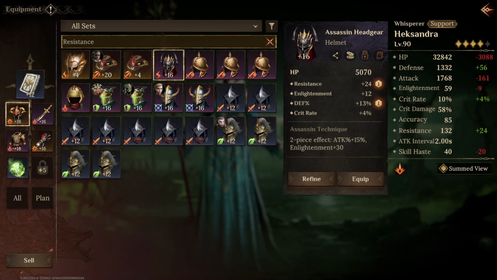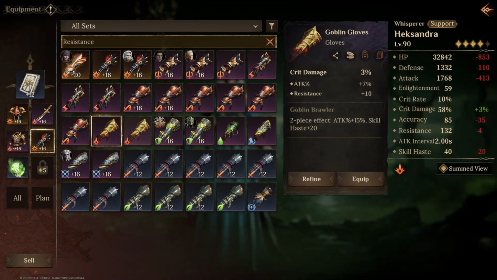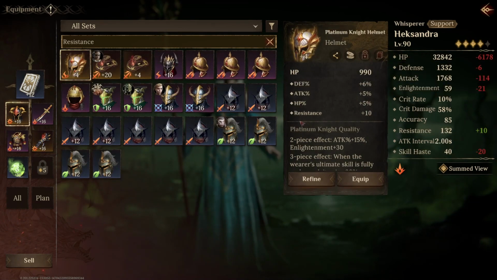We can go for goblin. I wonder if we have glove. Goblin glove that has resistance. Yeah, crit rate, not really useful. And that one has resistance plus attack, so basically better healing. But we don't have resistance here, and we could use it. So let's go for...